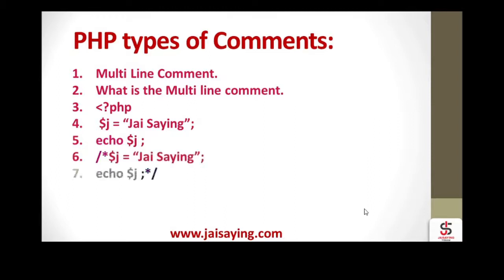If you want to block the two lines of code, you have to use a multi-line comment. So what is the syntax of the multi-line comment? For opening a multi-line comment, you have to use forward slash and star. And for closing it, you have to use star and then forward slash.